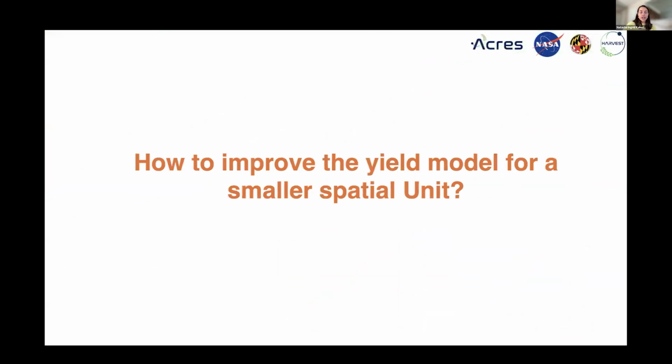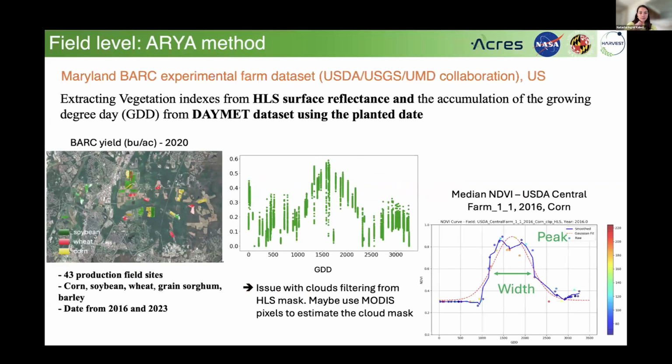Now the question is, as we see that the error increased a lot from national to subnational levels, how to improve the yield model for smaller spatial units, so at county level or at field level or even smaller spatial units. One of the methods that I am working on, the first thing that I did, is